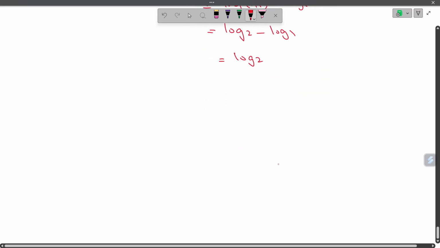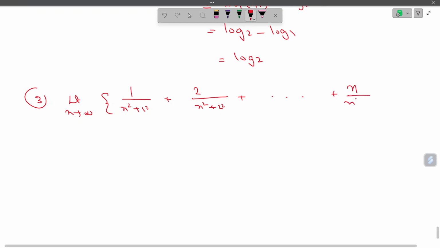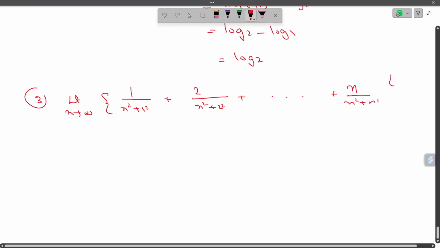That's it. One more problem of the same type. Limit n tends to infinity of 1 by n square plus 1 square, 2 by n square plus 2 square, and so on up to n by n square plus n square. So this is limit n tends to infinity